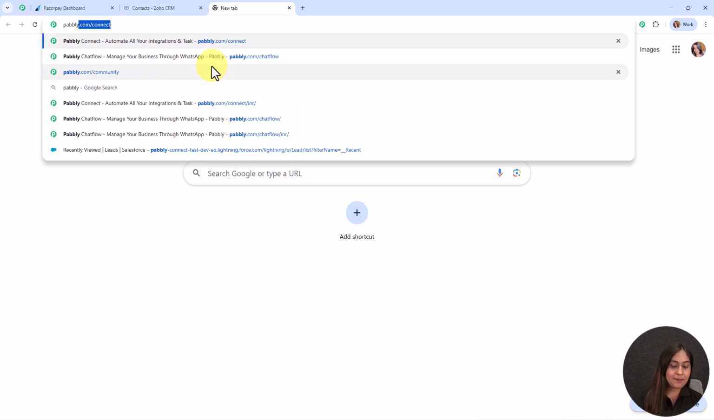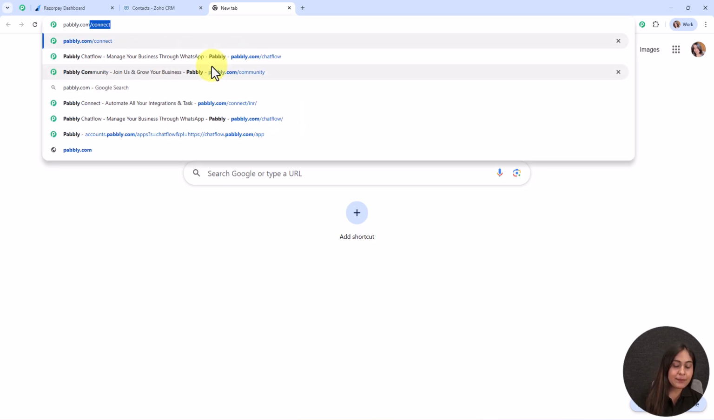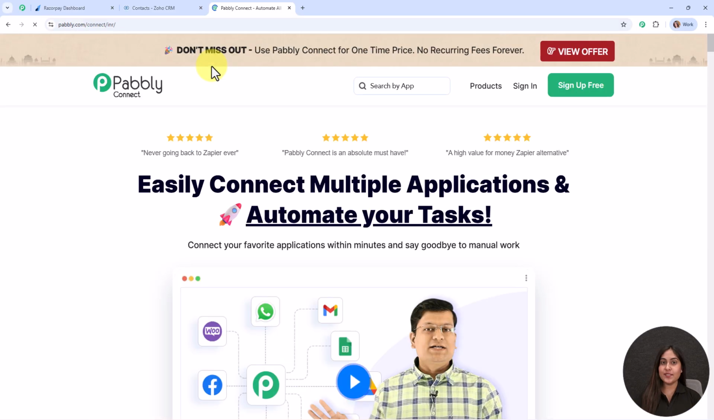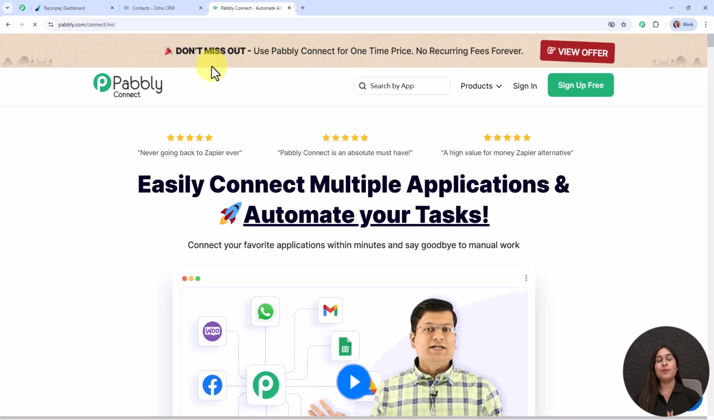To access Pabbly Connect, you need to search for pabbly.com/connect in your browser, and it will take you to the homepage of Pabbly Connect. This is the homepage of Pabbly Connect, but before moving forward, let me tell you all about the